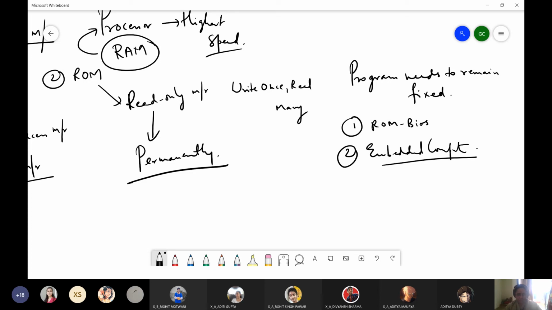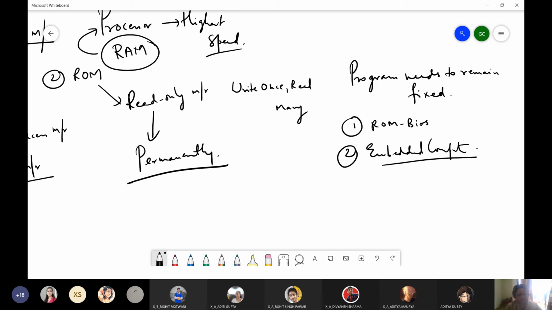Same way with the air conditioner, the TV remote which you use, the set-top box which you use, the modem which you use. All these devices which you encounter in your daily life have pre-programmed instructions in the form of ROM. So ROM is what?